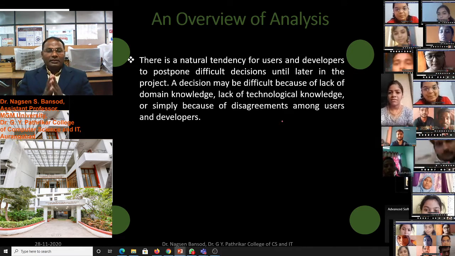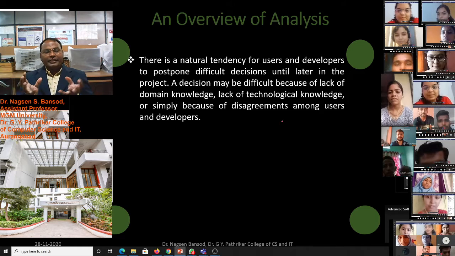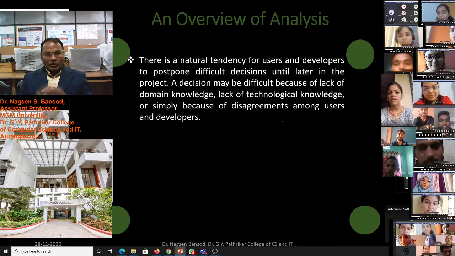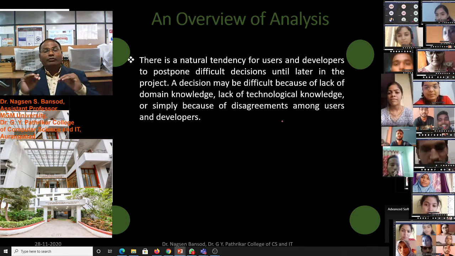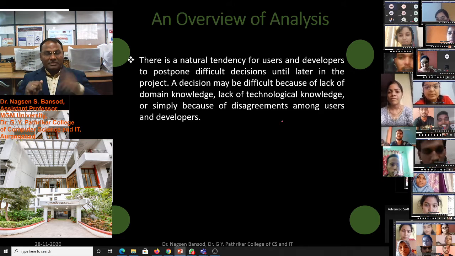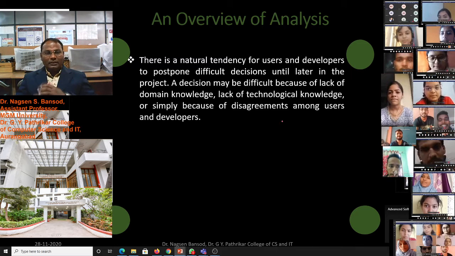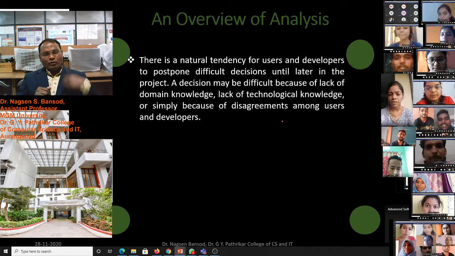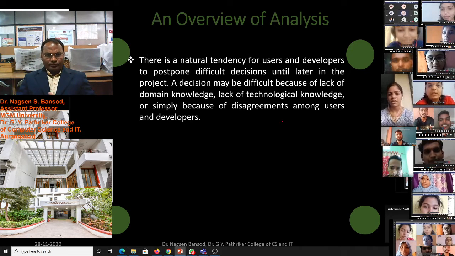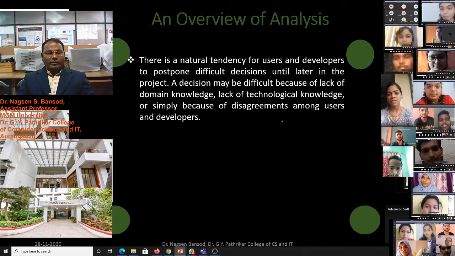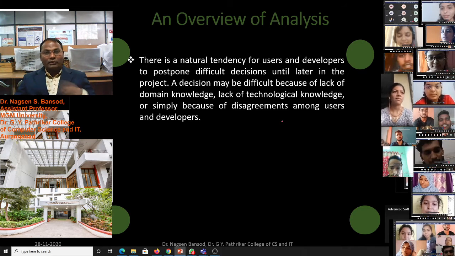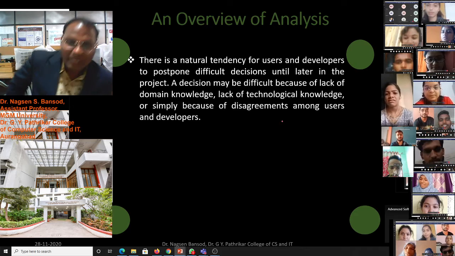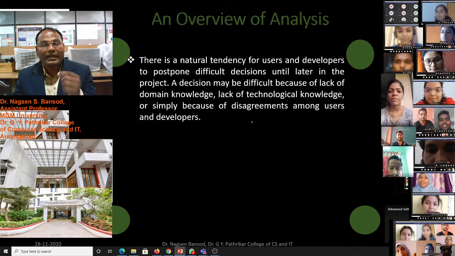Sometimes there is a difficulty in the software development process, and that difficulty we postpone. Our tendency is to postpone that difficult component. Difficult users also leave those things, and developers also. Why? Because that is beyond our knowledge, as well as there is a lack of technology.